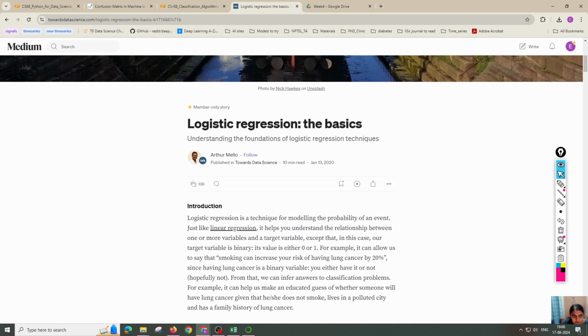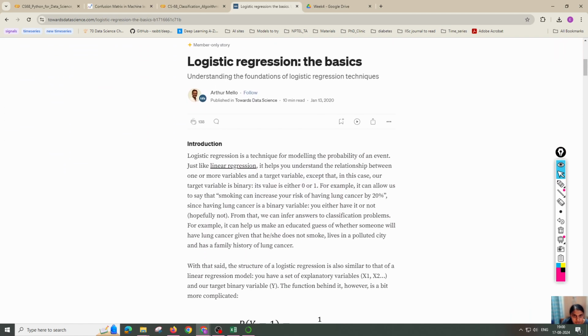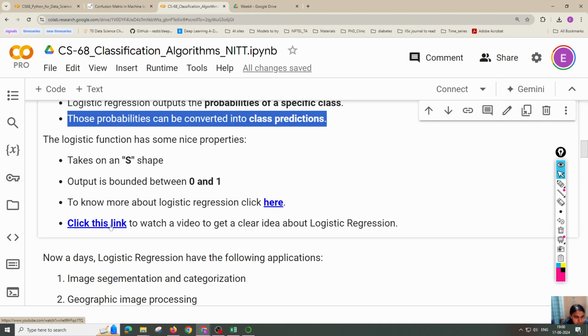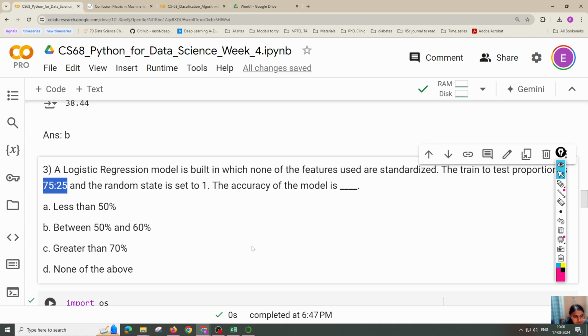You can go through some links there. I can share the links also later, and it's already embedded there. I've also included the link for a video. Okay, so coming back to our question, we have a logistic regression model built in which none of the